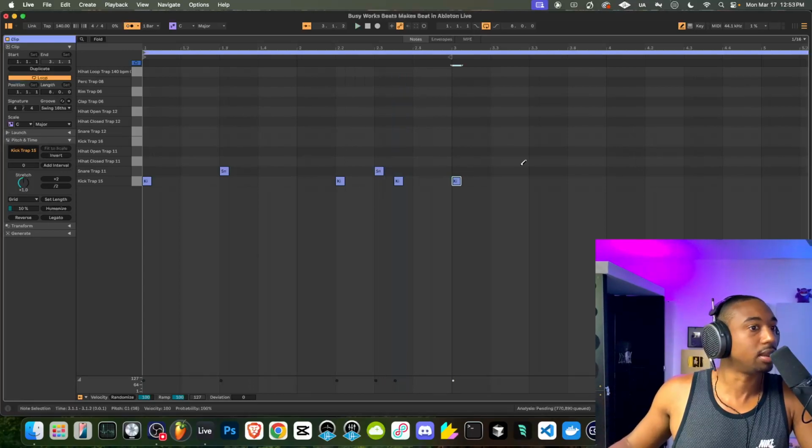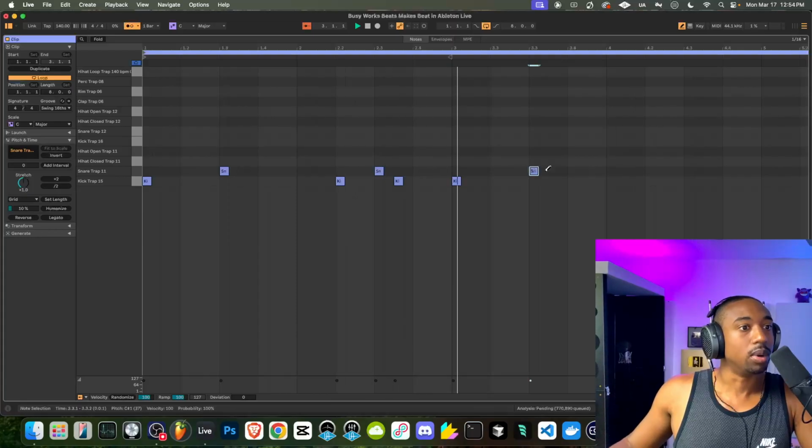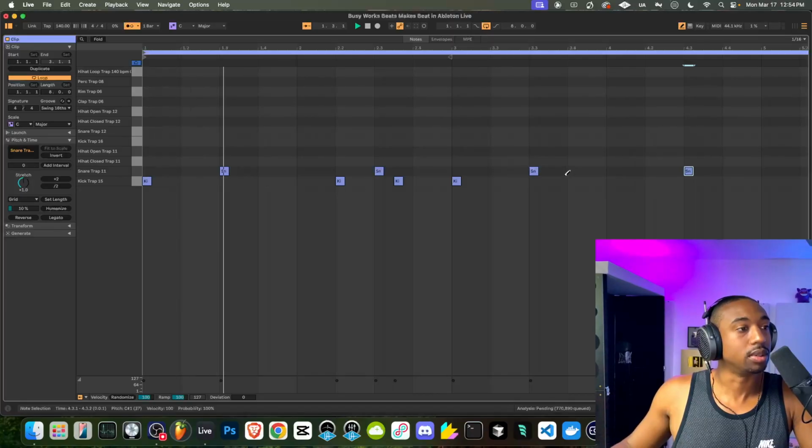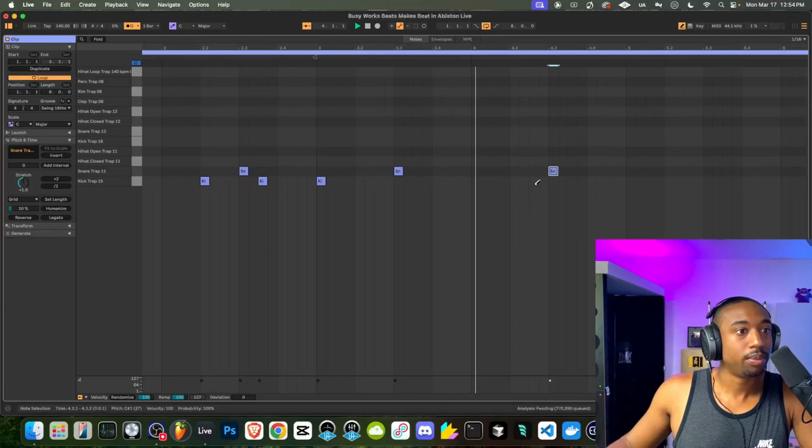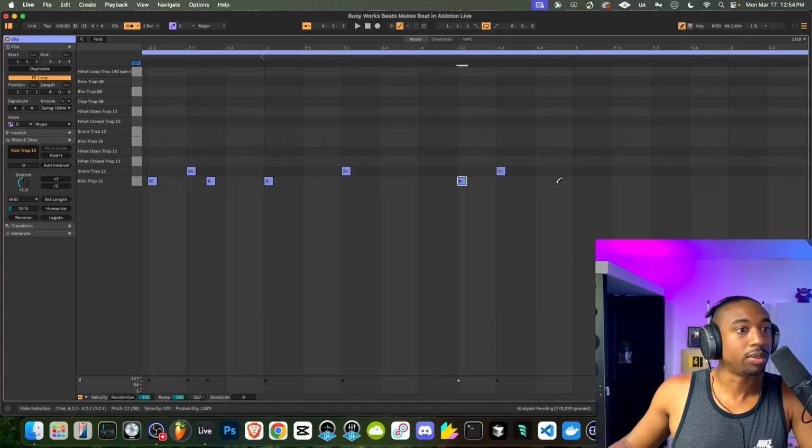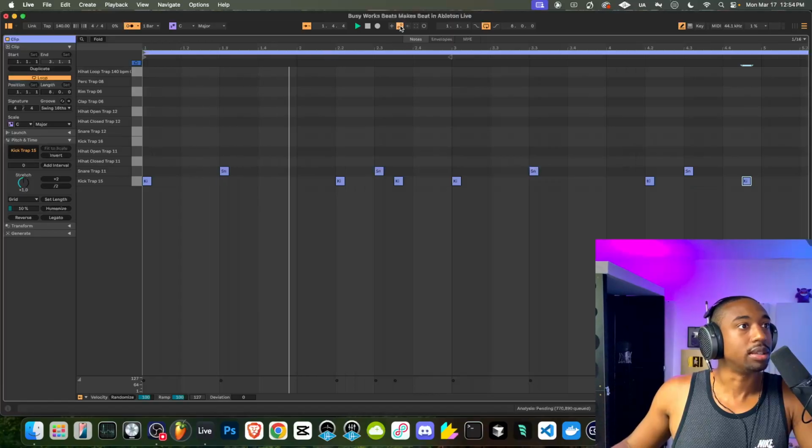And again, I could technically play this stuff by hand, but I'm trying to show you guys how you would click it in. 1, 2, snare, 4, 5, 6, snare. 1, 2, boom, boom, boom, boom, boom. I wonder if you could take off that follow, because you see how it moved the screen? I wonder if that is an option.